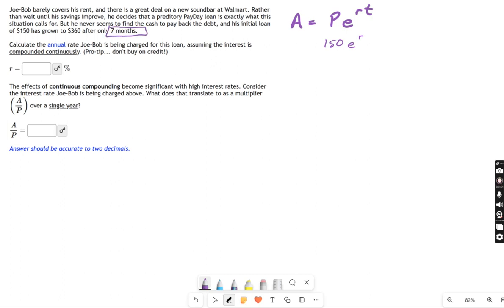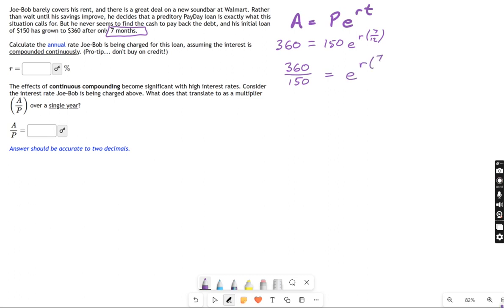T is 7 months. Now, don't put in 7 because what I want to know is how many years is that? Well, it's 7/12ths of a year. So you have to put in a little fraction right there, 7/12ths. And A, the amount the loan has grown to in those 7 months, is 360. So no problem. Let's just do a little bit of algebra, and we get 360 over 150 equals e to